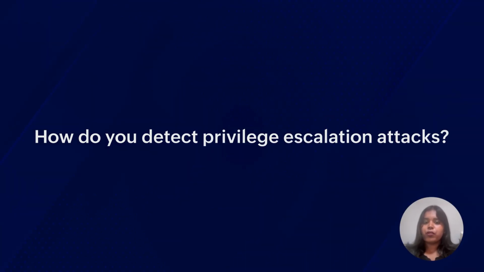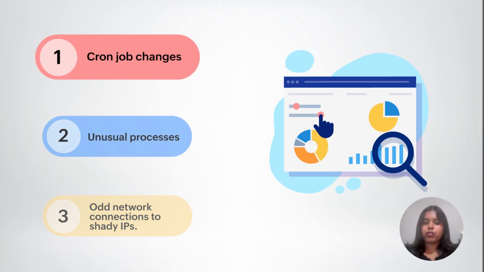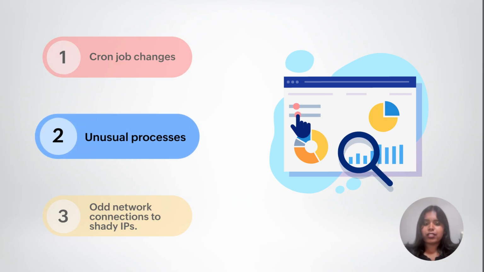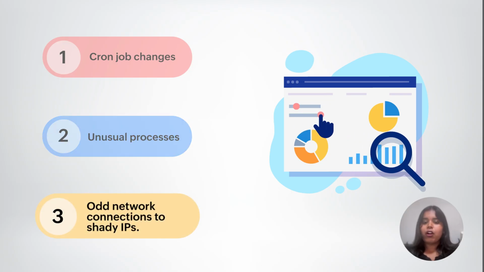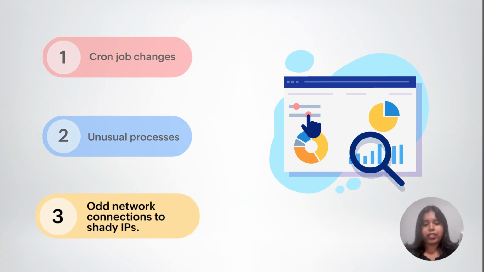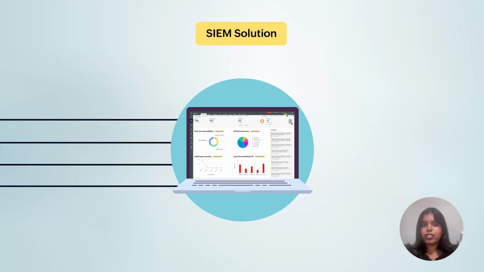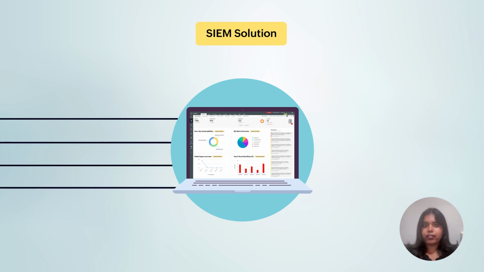Spotting the mentioned privilege escalation attacks means watching for 3 clues. First, cron job changes. Example is a script modified unexpectedly. Secondly, unusual processes like netcat spawning from a cron script. Lastly, odd network connections to shady IPs. Security information and event management solutions can help you watch these 3 clues and effectively correlate the events to detect